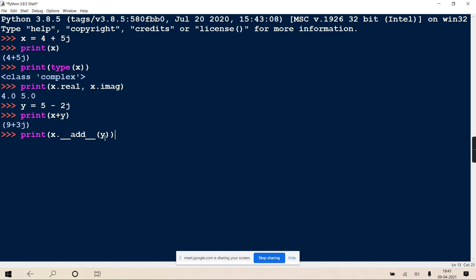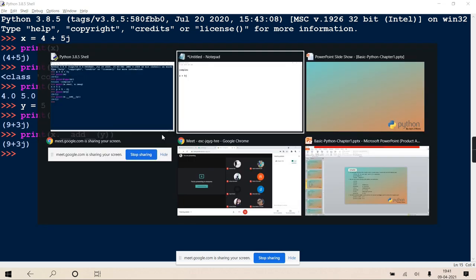Y is passed as a parameter object and x is the invoker. Inside it will create a new complex object in which there will be real, real, imaginary, imaginary, return that new object, and that is printed. So implicitly this is happening. For us, this is the ease. But not only for addition, you can do subtraction, multiplication, division, everything is possible.